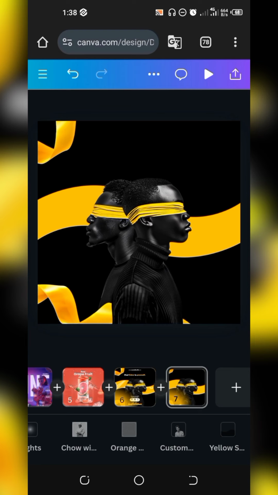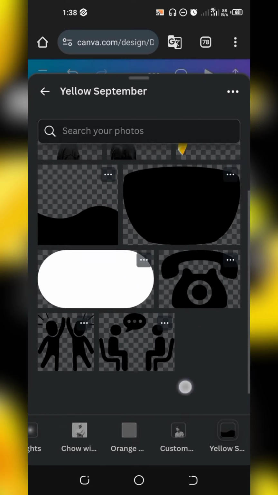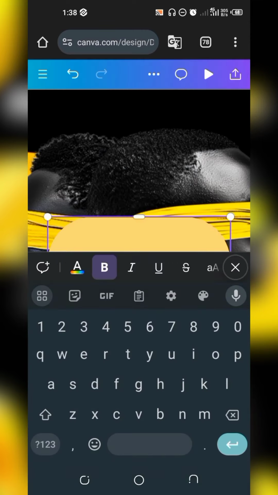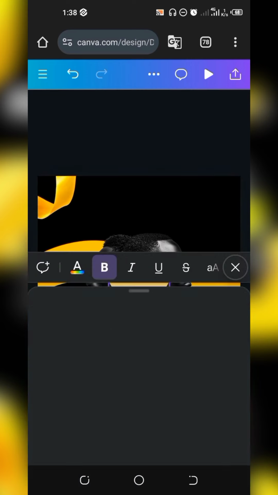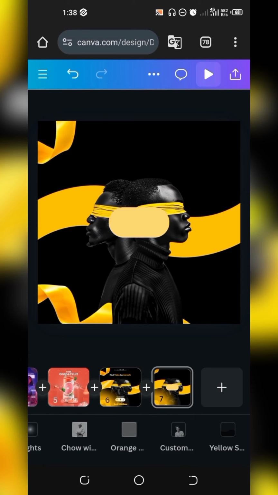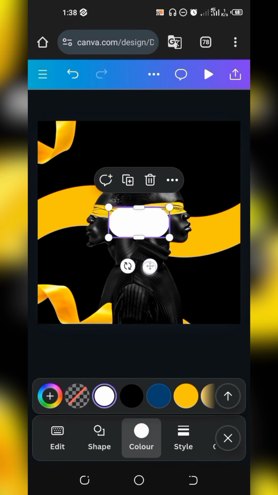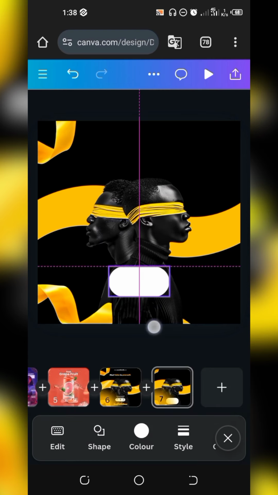Okay, so the next thing you want to do now is go over to this place and let's bring in this. Let's just keep it aside. Bring in this. The normal color is this should be cream. This is cream color, so just tap on it, change it to white. You can actually find this particular shape in shapes. Yes, you can find it in shapes.